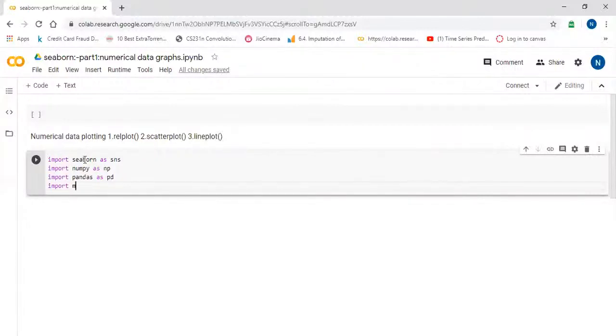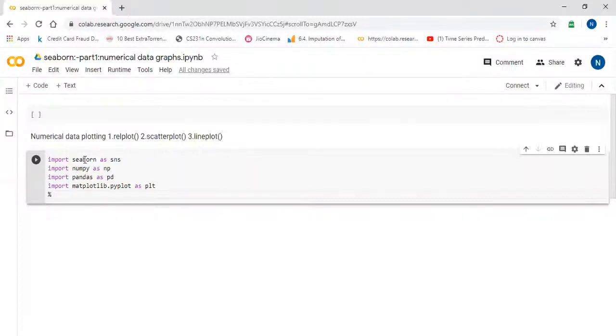I'm also importing matplotlib.pyplot and the magic function of matplotlib, %matplotlib inline.